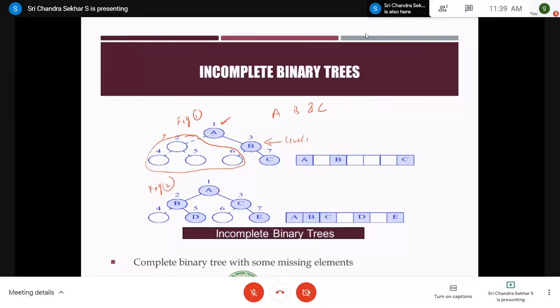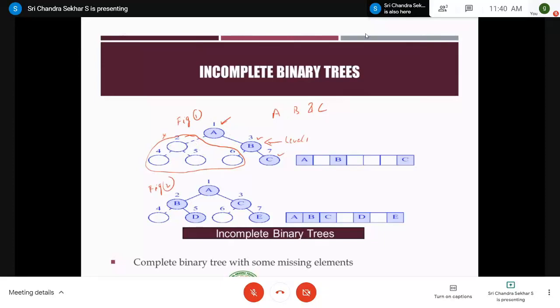But here you can see that there is no left child for A. So what you have to do is assume that there is a left child for A. Therefore, this is called a dummy node, and we represent it with an empty circle. The original nodes are represented with filled circles like A, B, C, and the edges of these dummy nodes are also represented with dashed lines. And this is a full line, right? This is a dashed line. Therefore, this is a dummy node.